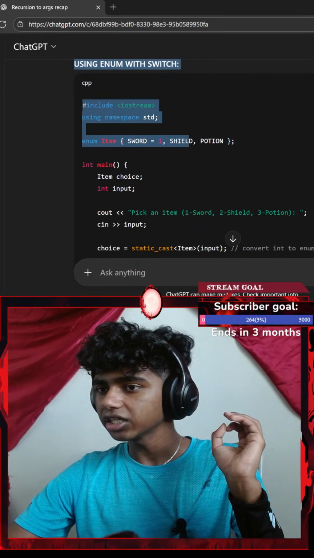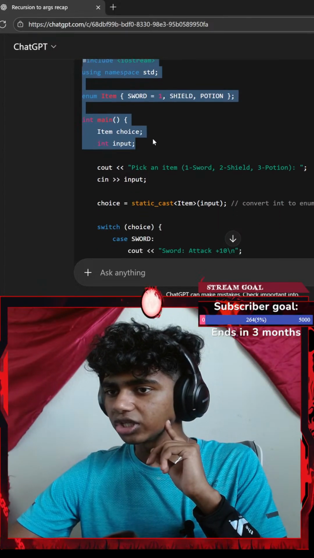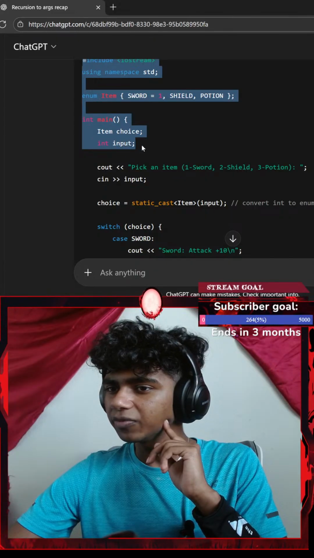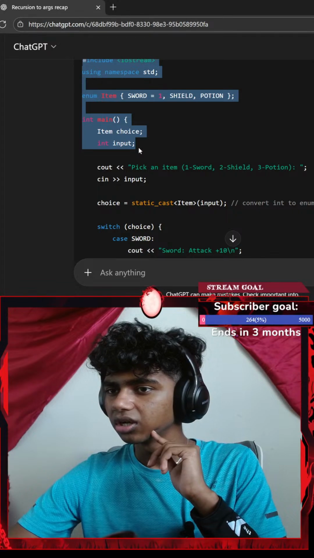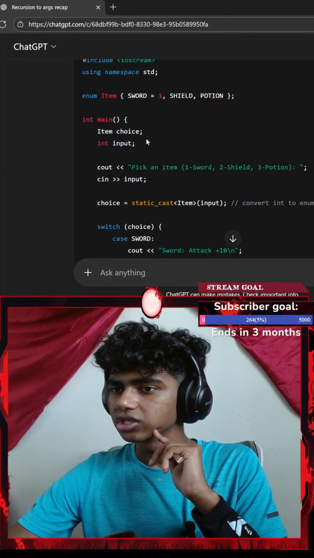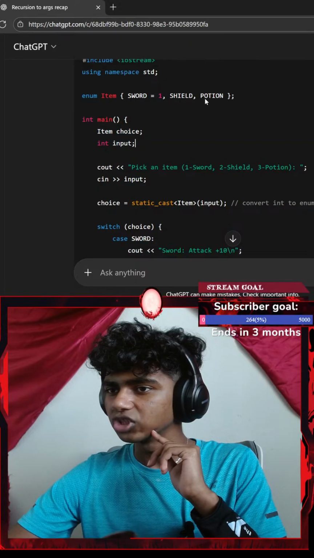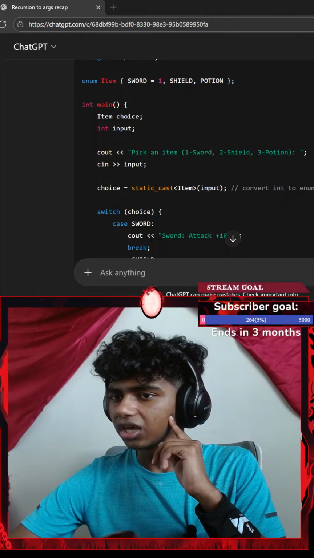Using enums with switches. Enum Item: sword 1, shield 2, potion 3. Okay, item choice, input, so we got an integer of input. So choice is going to be our items, which are these, and then input, an integer input.